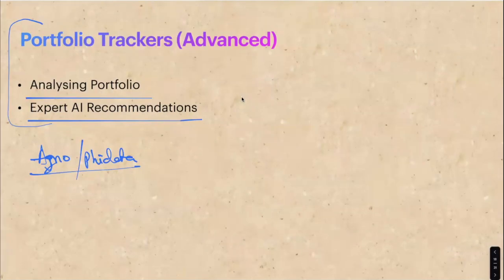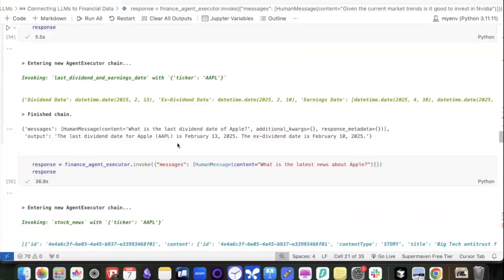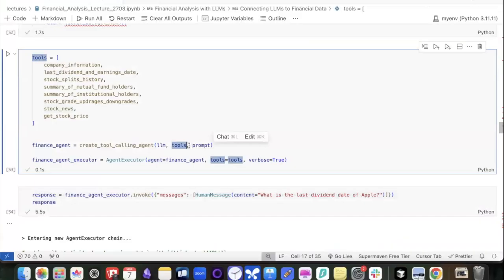Okay, so there are a lot of questions, so I'm just skimming through it. So, can you show the code to integrate the Yahoo Finance library? Yeah, this is the simple code. So you define the function. This code will also be shared, so don't worry. So it's just a simple thing. You just define a tool and you just connect it to an LLM. So that is how it is.